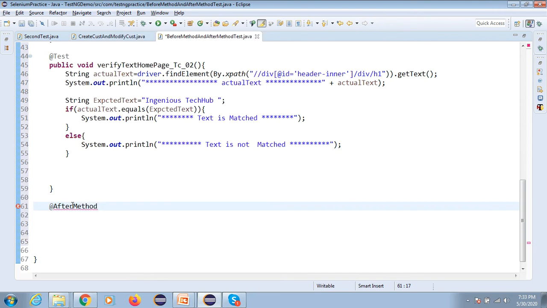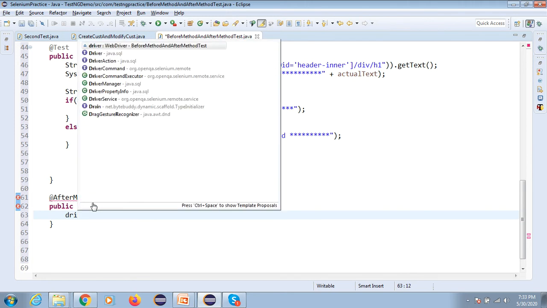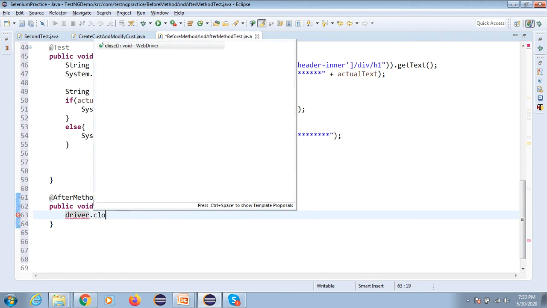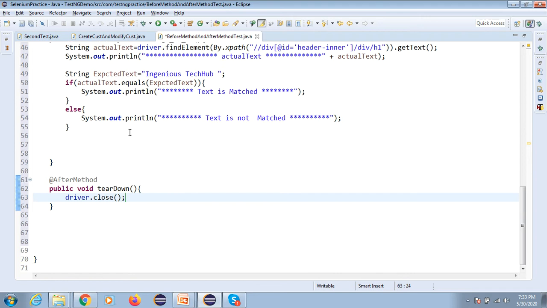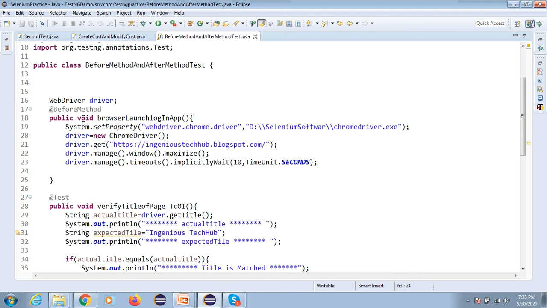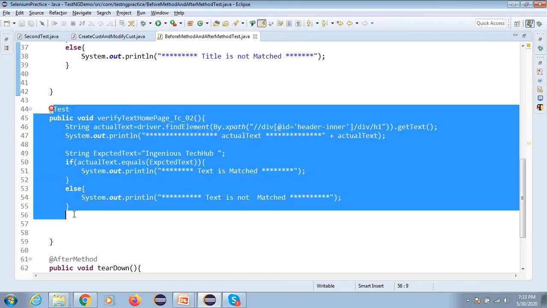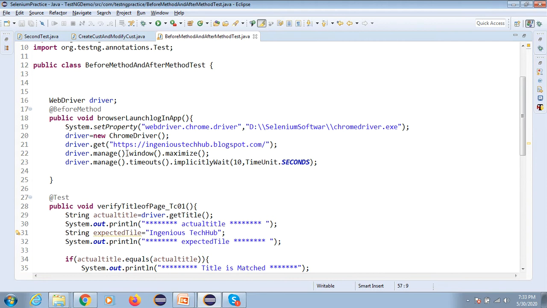So now I'm going to use the AfterTest method. AfterTest, void tearDown. Now I'm going to call close. Just going to execute, right? So this is how we can do it. I have given only 2 test cases. In real time we have 100 test cases. You have to execute them as a suite. So I'm not going